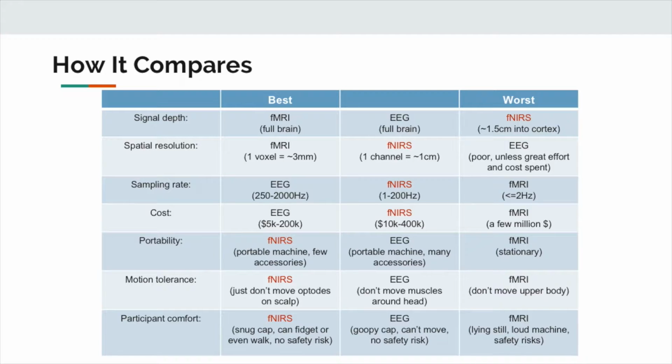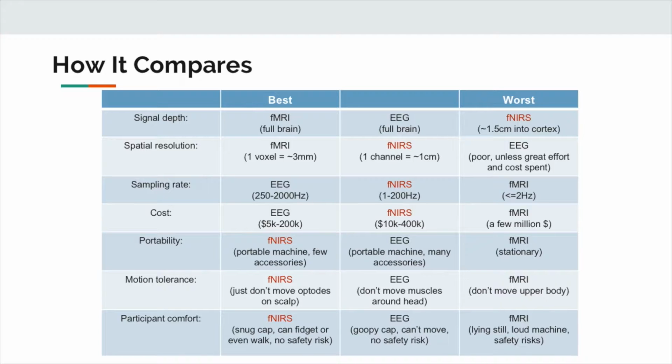It's in the middle in terms of sampling rates. It's much faster than MRI, but it's still dependent on the BOLD response, which we'll talk about a bit more in a sec, and that is inherently several seconds slower than actual brain activity, which is what EEG is measuring. The cost is around the same ballpark as EEG, sometimes a little more expensive, sometimes less.